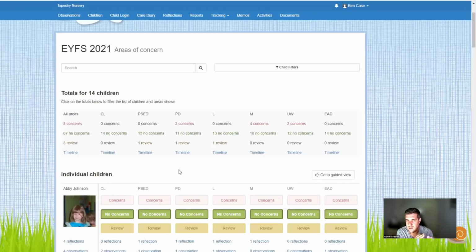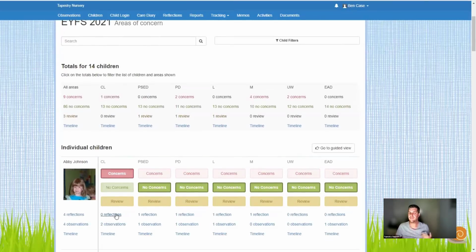And what I would advise you to do is just create a document. It doesn't have to be pages and pages and pages. It's just got to be a few things that you're looking for. And over their first few weeks of settling in with you, just observe them. Are they doing those things that you expect a typical child at that age to be doing when they join your setting? If not, and after a few weeks of you trying to support them, if they're still not doing it, you could record them as a concern